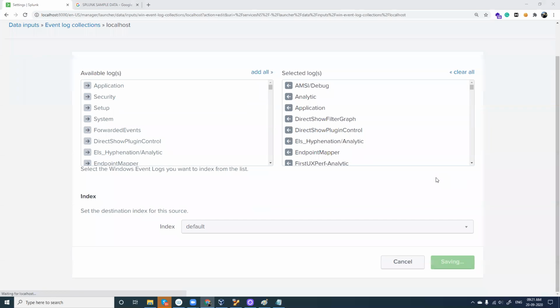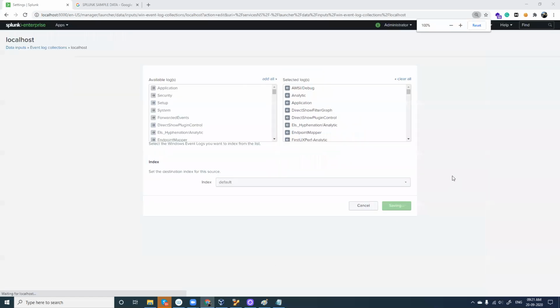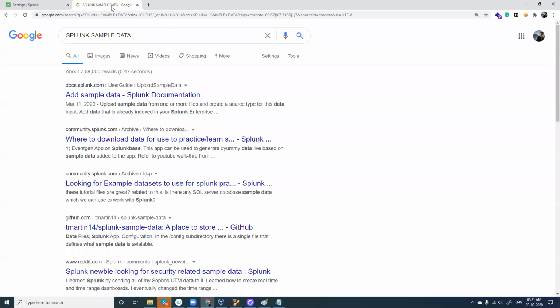So it is saving this, and once it is saved, it is now grabbing all the details from my computer. It's going to take some time. After saving this, it will ask us what name you want to give, or how you want this data to be presented. So the first example I showed you, yes, you can download any sample data and upload it to your Splunk and analyze all the data, just like Wireshark. Wireshark is going to give you network traffic. Splunk is going to give you log file traffic, right? It is going to give you all the details.